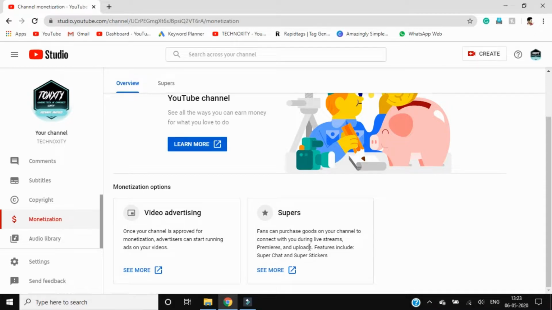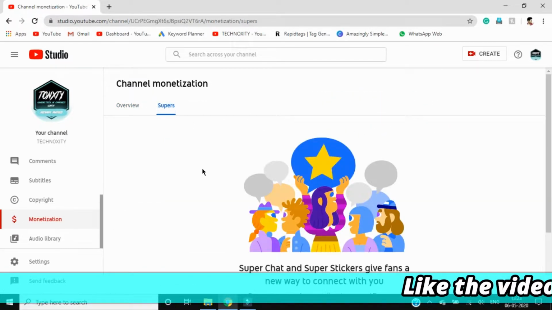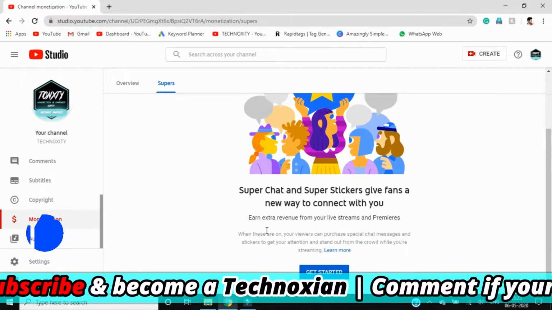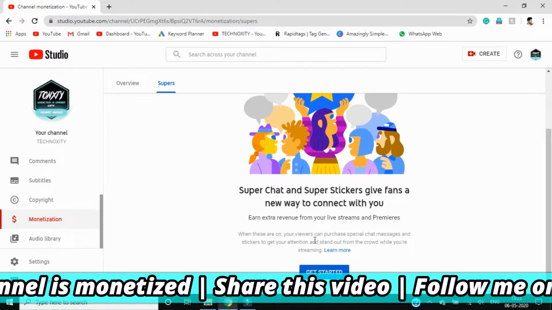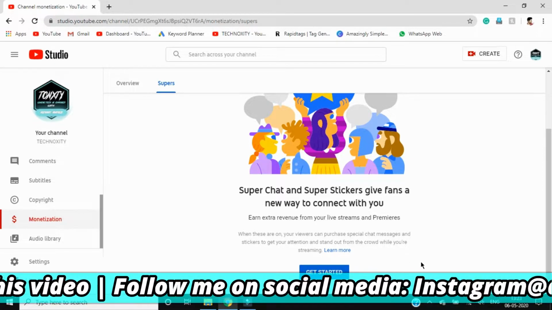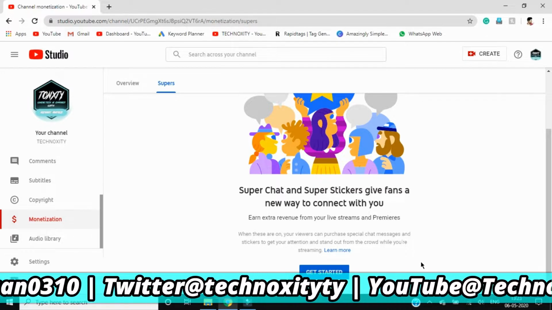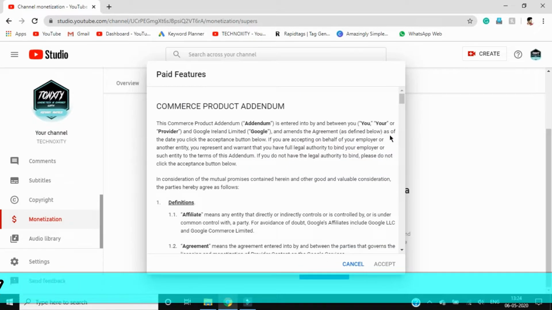So how do you enable a super chat for your live stream or a premiere? You will have to head over to the super section there. Super chat and super stickers give fans a new way to connect with you. Earn extra revenue from your live streams and premieres. When they are on, your viewers can purchase special chat messages and stickers to get your attention and stand out of the crowd while you're streaming. So click on get started, and you will have to read this